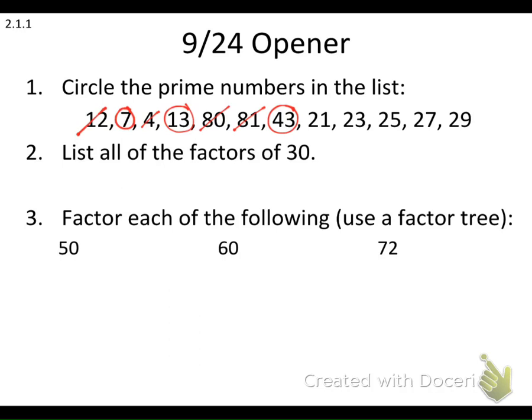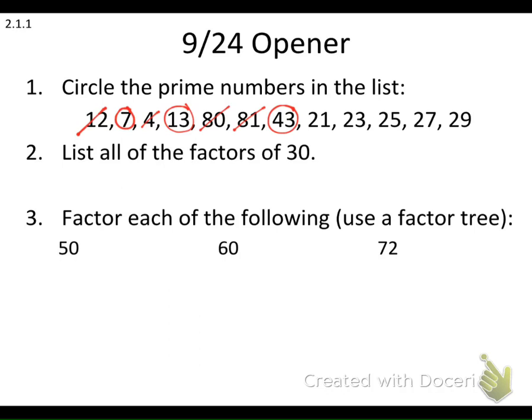What about 21? Is that prime or composite? It is composite. You're absolutely right. Because it has the factors 1, 21, but what else can you multiply together to get 21? What factors can you use to get 21? We know 1 and 21. What are 2 more? Not 2. 3 and